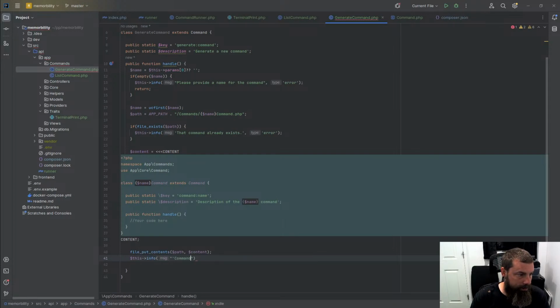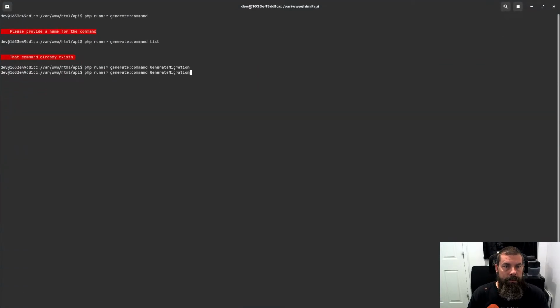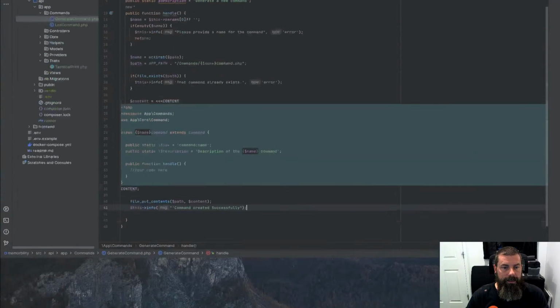command created successfully. Let's try it. Generate migration. All right, so now it says command generated successfully. It has an extra little